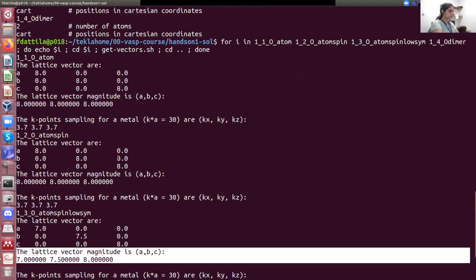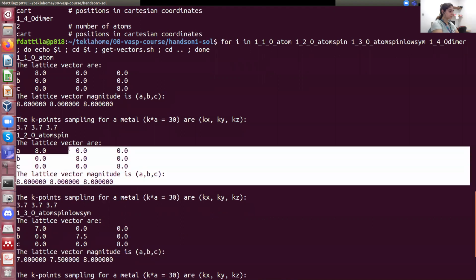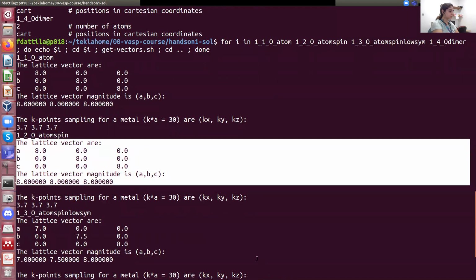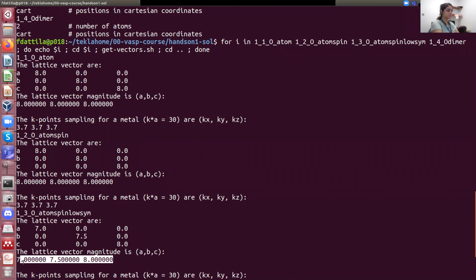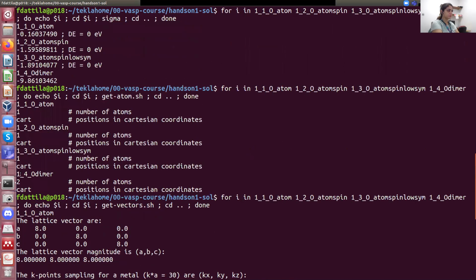And in many cases, whenever you get results that are not that physical, you should always break the symmetry. Because the problem can be intrinsic to VASP, in the sense that VASP is applying mathematical tools, basically products or diagonalization of matrices. And so the problem is that if you are giving VASP input that is too symmetric, sometimes VASP just makes mistakes due to the algorithm that it is using, okay? So just by breaking the symmetry, you go to the lower value. So basically you see that this is the better one, okay?